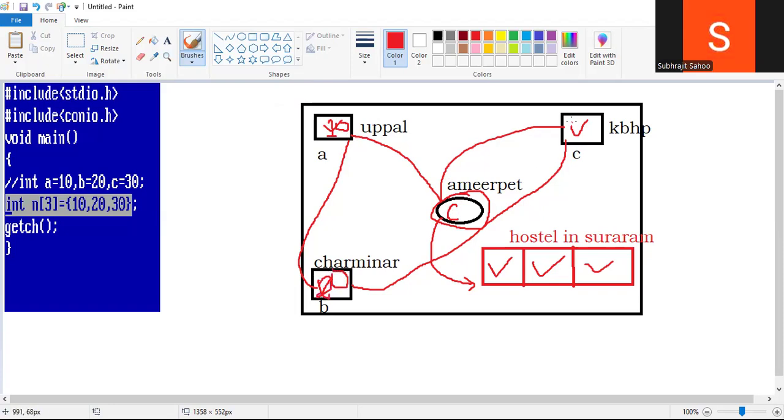And friend C, value is 30. Now in the hostel, in room number 1, the value is 10. Room number 2, value is 20, meaning the friend's is 20. And room number 3, value is 30. Right? Now tell me,